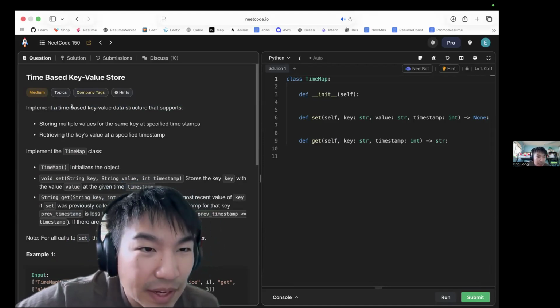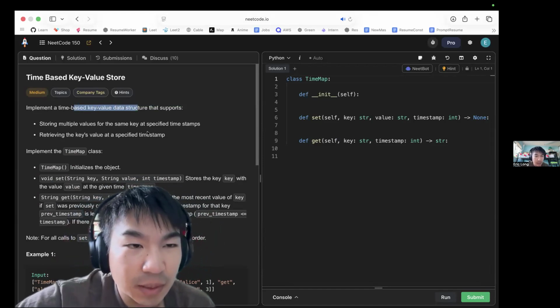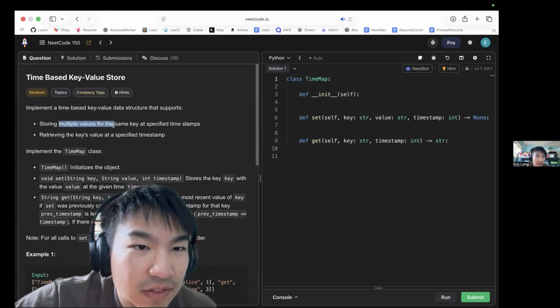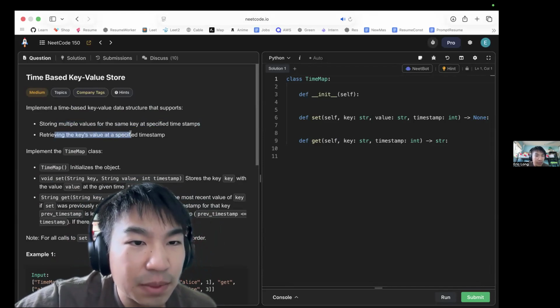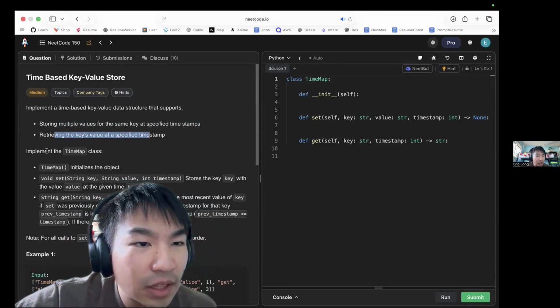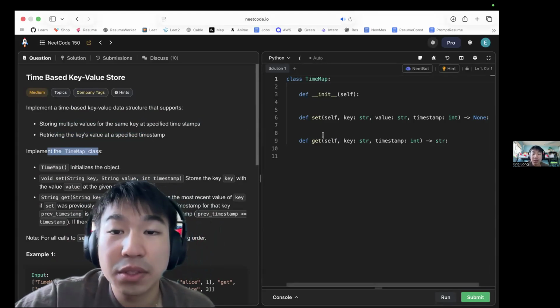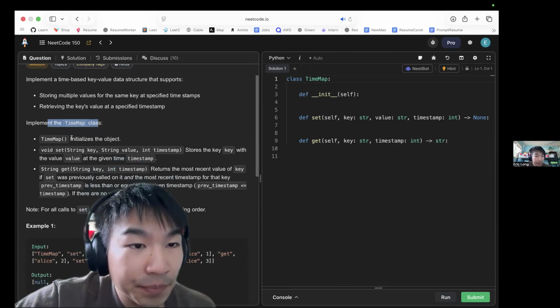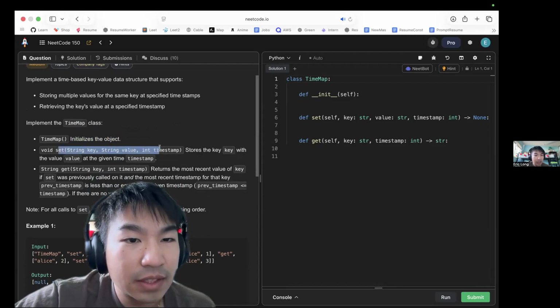So we've got to implement a time-based key value data structure that supports storing multiple values for the same key at specified timestamps, and retrieving the key's value at a specified timestamp. We have to implement the TimeMap class. Looks more like a design question. Okay, let's go ahead and read this. So we initialize the object, that's TimeMap, and then void set(key string, value string, timestamp int)